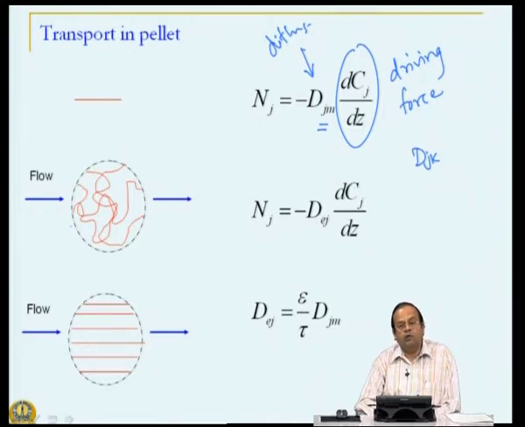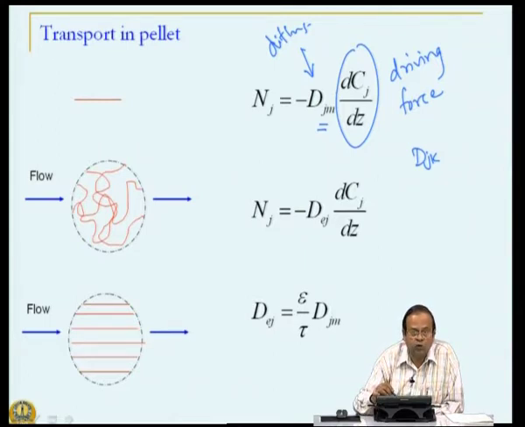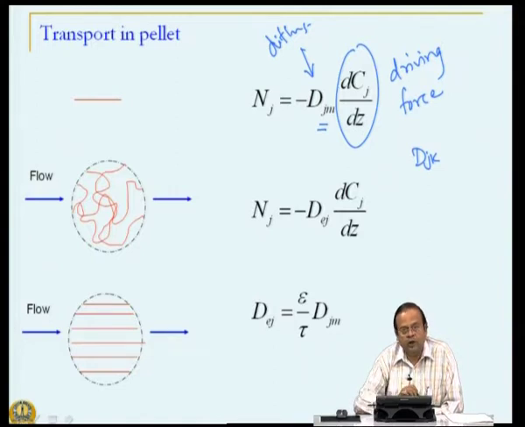So, if you want to define the flux in terms of what is happening vis-a-vis the flow, we have to define the flux. See, this is a diffusion coefficient. This diffusion coefficient gets modified and this becomes the effective diffusion coefficient. So, the difference between these two is that here we are assuming a multi-component mixture in a bulk process, okay, bulk diffusion. Here